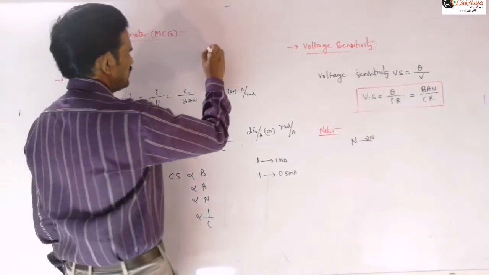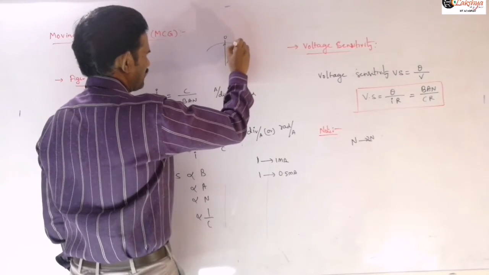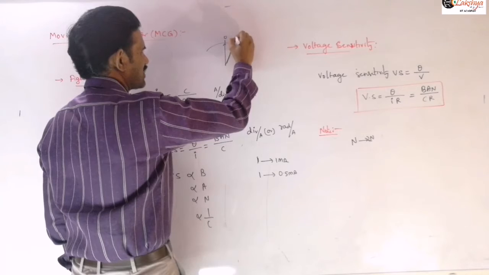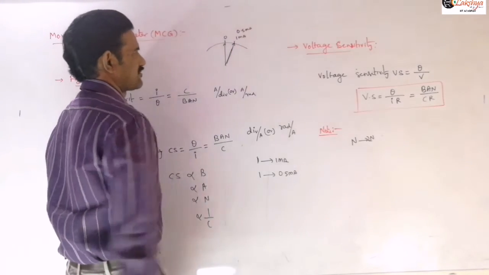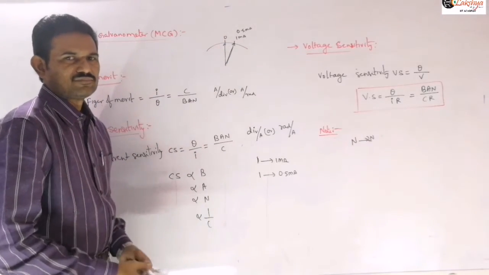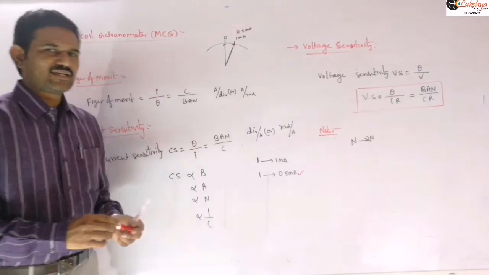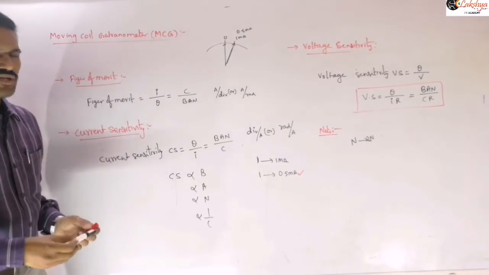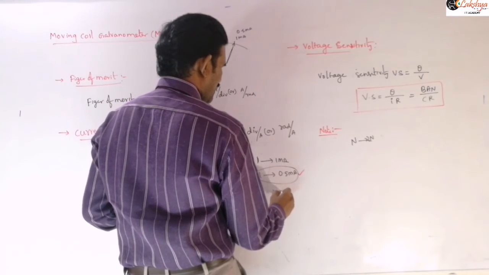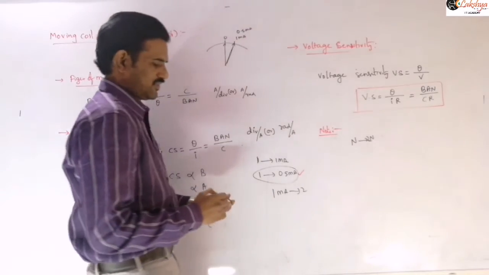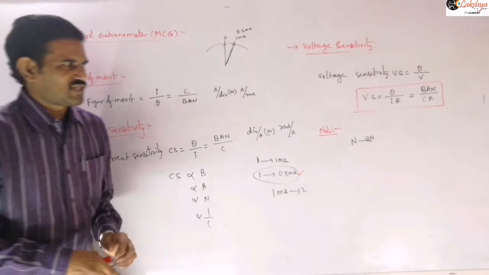If you are measuring deflection, suppose this is 0 and this is the first division. In one galvanometer the first division indicates 1 milliampere, and in another galvanometer it indicates only 0.5 milliamperes. Then which is said to be the more accurate or more sensitive device? The sensitive device is this one. For 0.5 milliampere it shows one division, so if 1 milliampere is flowing here, it shows two divisions of deflection. That means for a small current, if it shows large deflection, then it is said to be the more sensitive device. So just mention that sentence also.